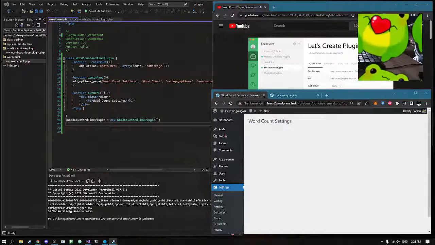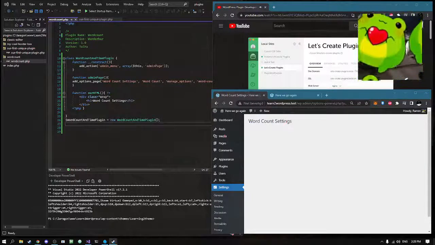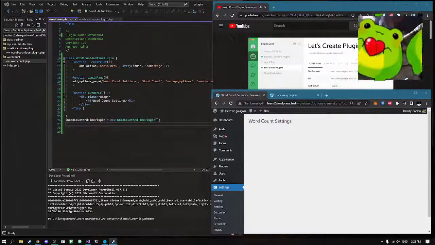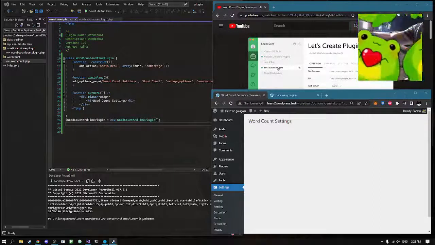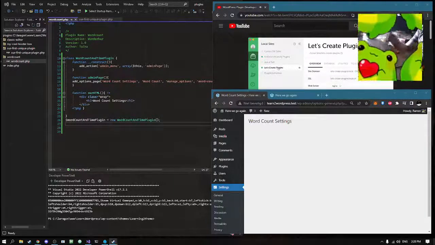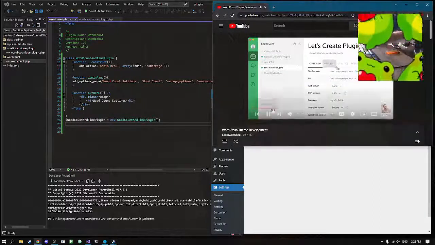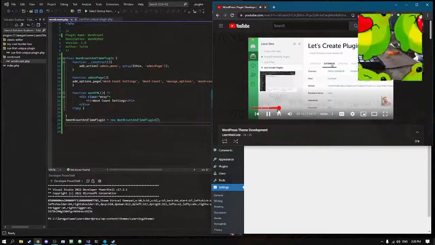So how do we look at our database? Well, if you're using the Local WP or Local by Flywheel application, just click on the current site that you're running. And then in this area, you'll see a database tab. You can click on that